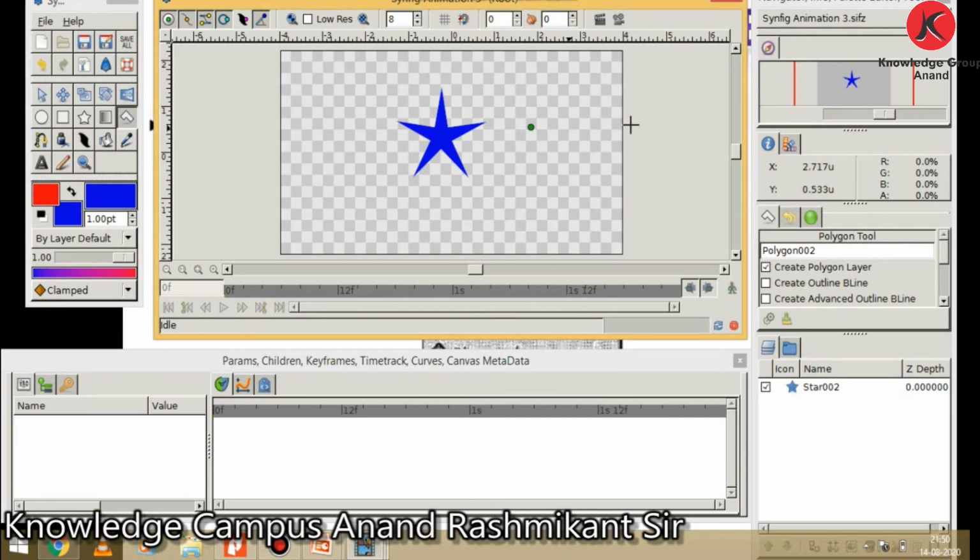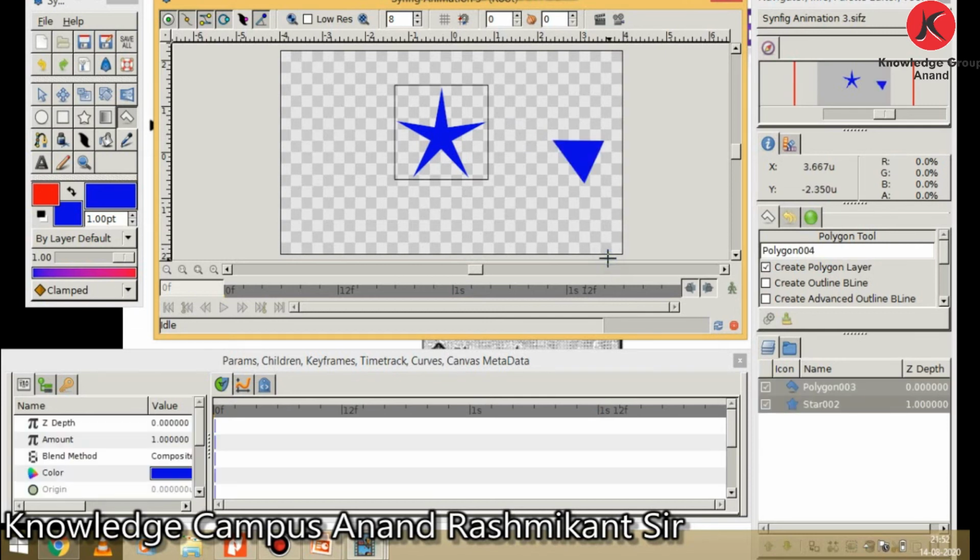So create the first point, second point, third point, and if you want to close it, then select the first point and right click on it, and after clicking the first point, you can complete it.